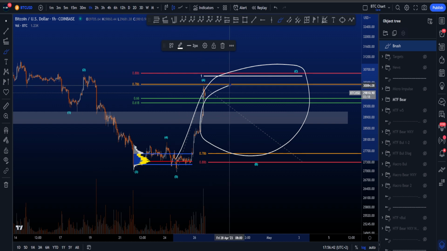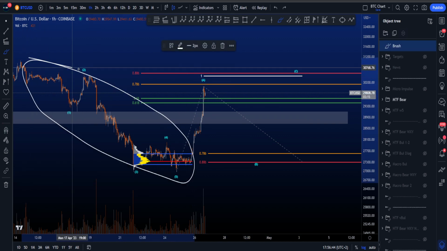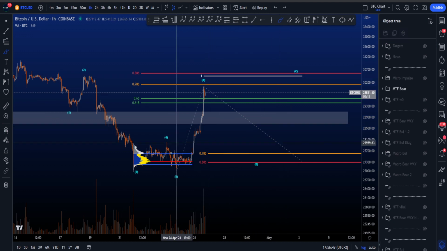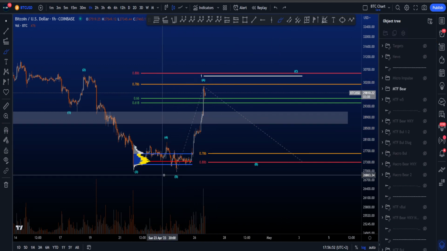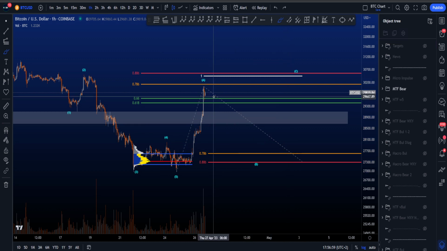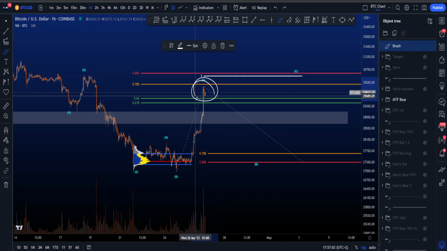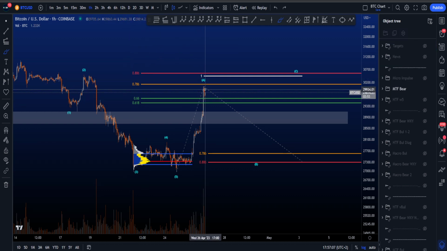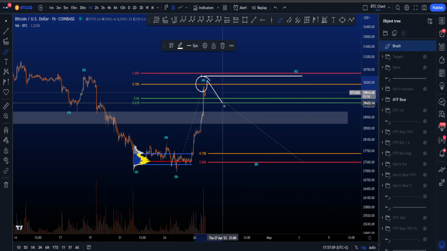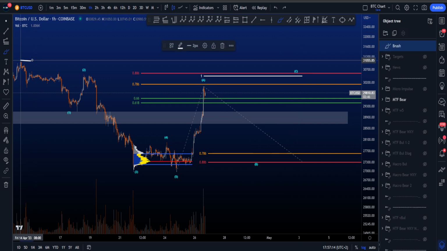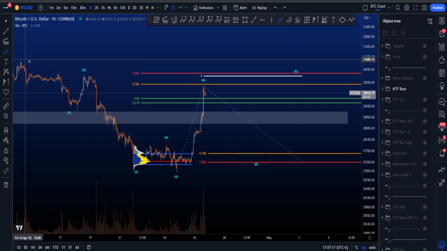But what is also something to take into account is that wave A, because this has to be a 3-wave structure, a corrective structure of a 5-wave impulsive move to the downside, has to be a 3-wave move. That also means that this is a zigzag, because this is then an impulsive 5-wave structure, followed then by a 3-wave structure, and then another 5-wave structure to the upside. But this wave A went so high already. We passed the golden pocket. We're knocking on the door of the 786 as well. And the higher this wave A goes, the lower wave B has to go in order for wave C not to take the high to invalidate the whole bearish scenario at 31k.